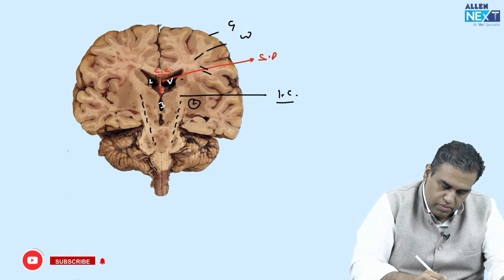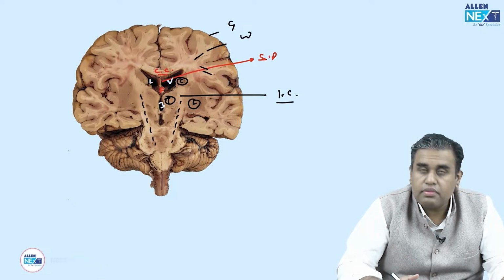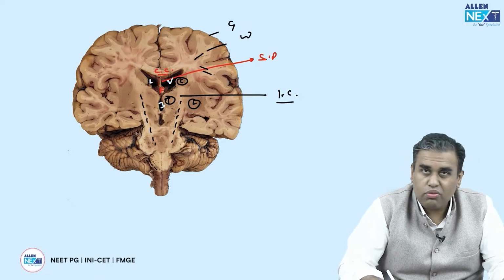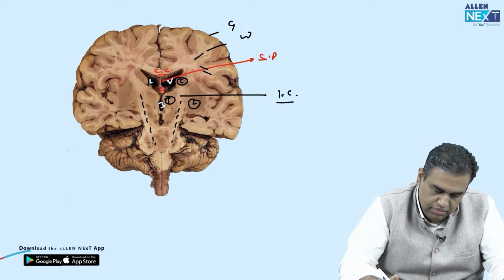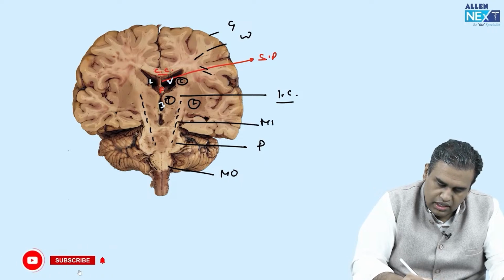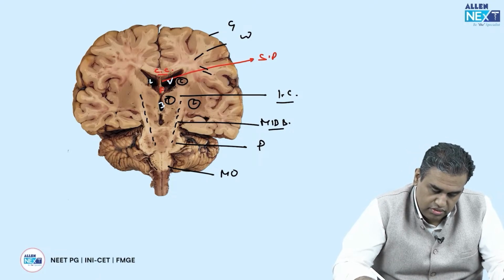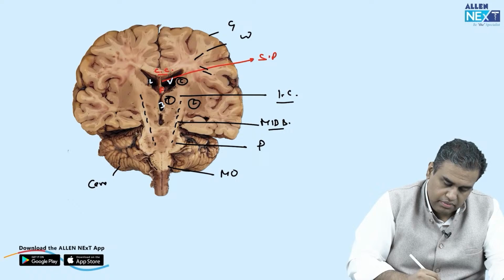nucleus, I'm writing L, ऊपर caudate है, अंदर thalamus होगा, on more middle side you have thalamus। So caudate, lentiform, they are part of basal nuclei, thalamus यहाँ पर। नीचे आप देखो बेटा brain stem, this is the medulla oblongata, this thick part is the P for pons, ऊपर ये है mid brain वाला part। Okay, you can see the basal nucleus, you can see the diencephalon, this obviously is the cerebellum।